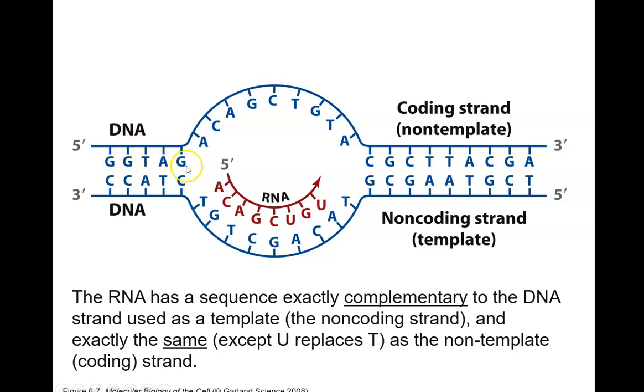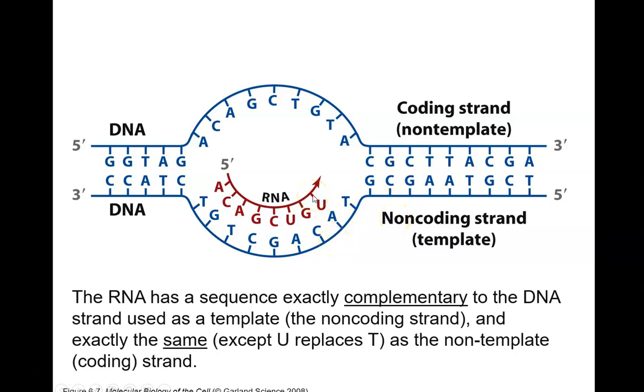just wanted to remind you the DNA is a double helix, and that's shown here in blue, and the two strands are anti-parallel, so we go 5' to 3' here, and 5' to 3' in this direction here. And during transcription, the strands of the DNA separate, and we use one of the strands as a template to make messenger RNA. And down here, we're using the bottom strand as our template strand, so that's the non-coding